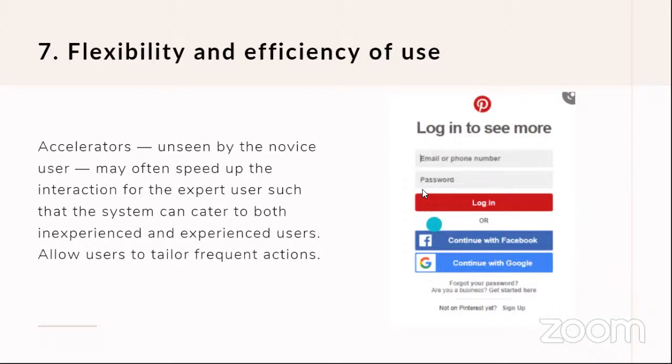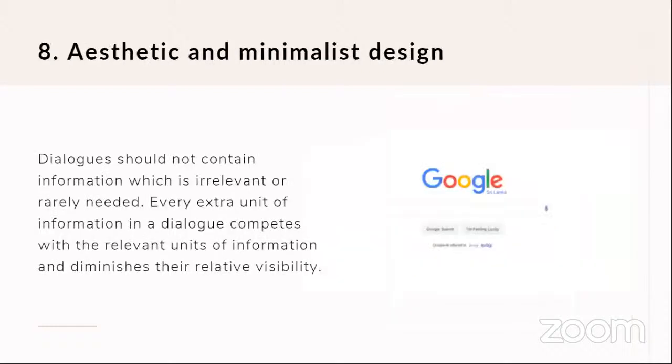Okay, moving on. So yeah, whenever you see this, continue with Facebook, continue with Google, it's always because we want people to be flexible with how they use the system. We don't want to stress them. So anyhow we can design sites, anyhow we can design apps to make sure that people use things quickly and more efficiently, we should do that. That's basically what number 7 is all about. So we're moving to number 8,